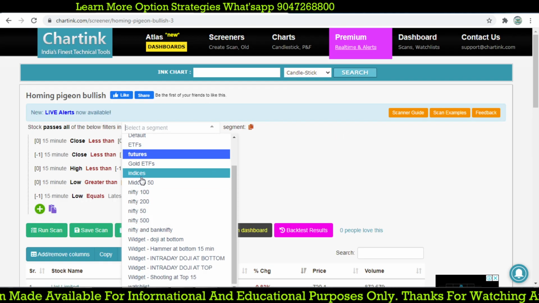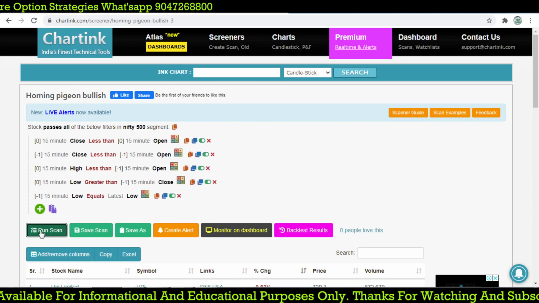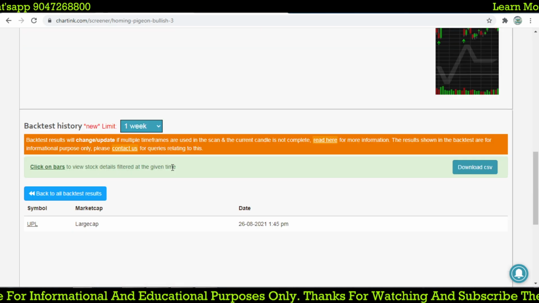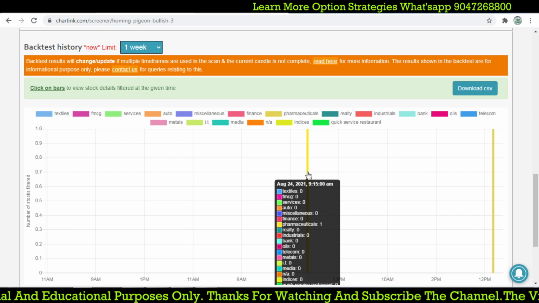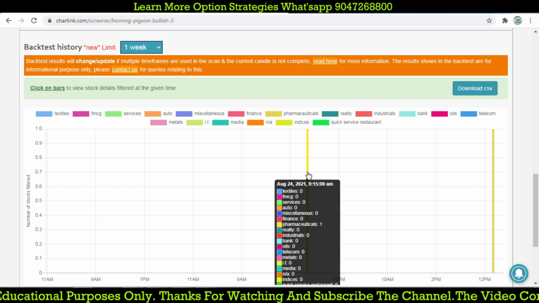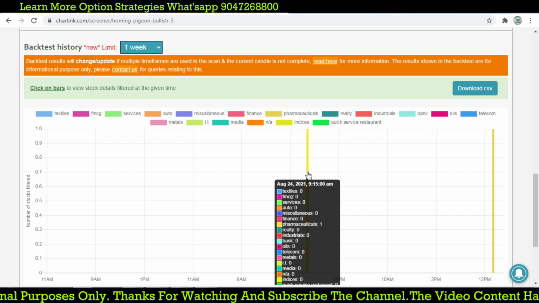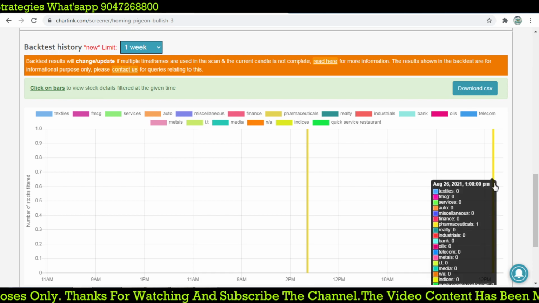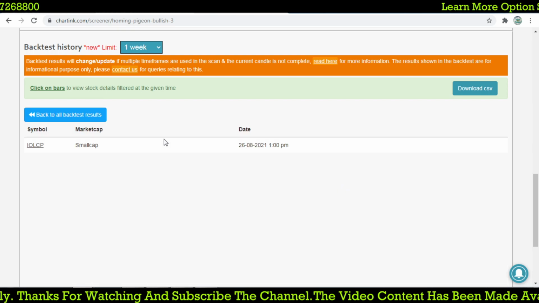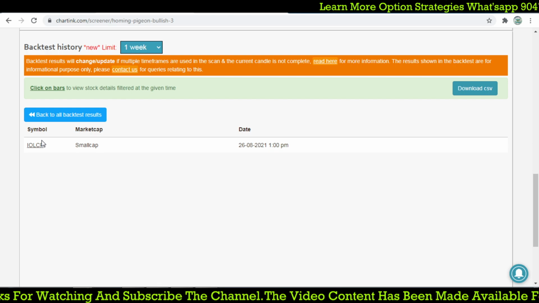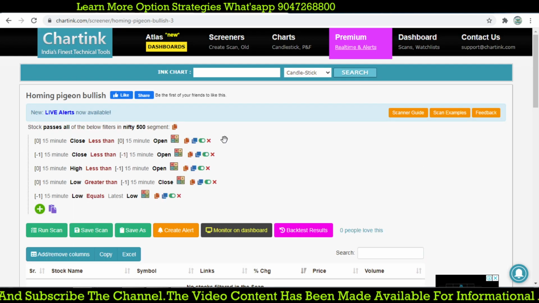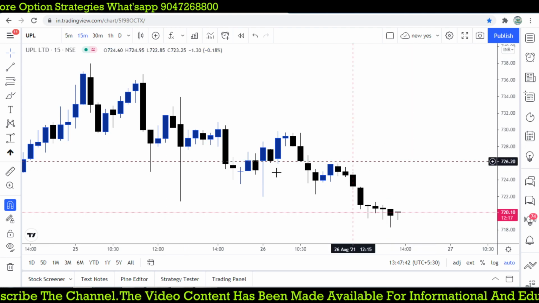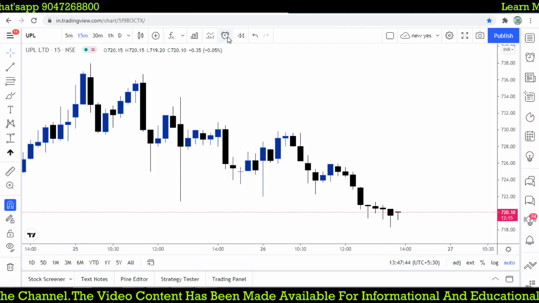Let's go for equity, the Nifty 500. Let's check any stocks which form. I think we got only a few stocks from this kind of candle. 24 August 9:15, so this was 9:15. Don't go for that 9:15. This one happened by 1 o'clock. This is not a good stock, so leave it. This strategy is not for intraday, so we will use this strategy for positional. That will work better.